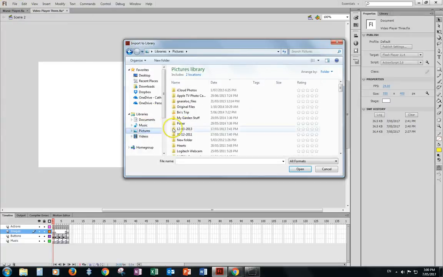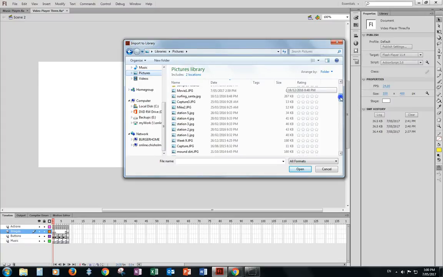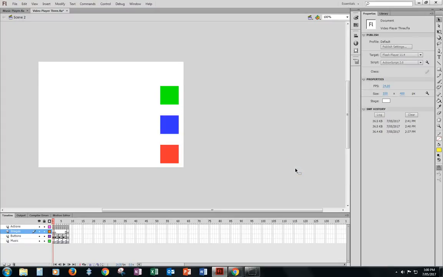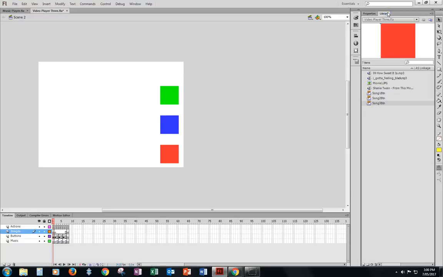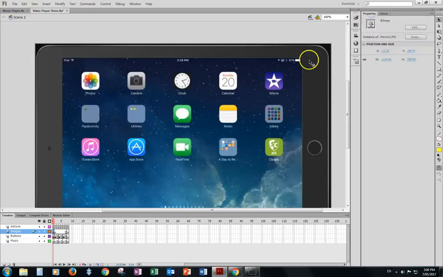I'm going to go to my folder and come down here, and there it is. So I'm going to insert that into the library, and there it is. So now in this first frame, I'm just going to bring that into here, and I'm going to come up here to the properties, and I'm going to change the properties here to